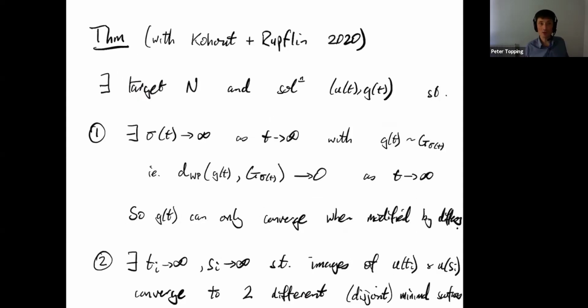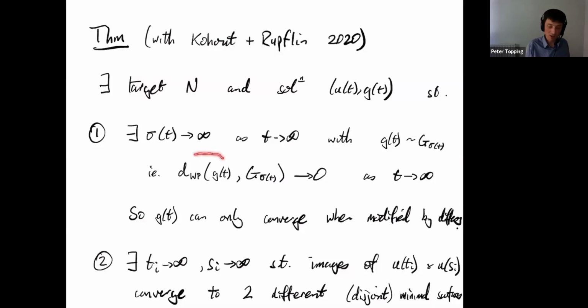So the theorem with James and Marley: for that sequence of torus metrics, capital G sub S, you can cook up a target and a flow so that your solution G of T follows very much this flow that you've prescribed of metrics on the torus, but it does it parameterized in a funny way. This parameterization is going to infinity as time goes to infinity, and not before. We just don't know how fast, but who cares?